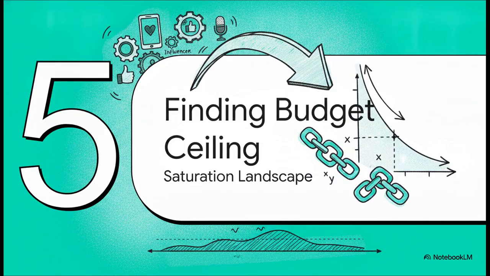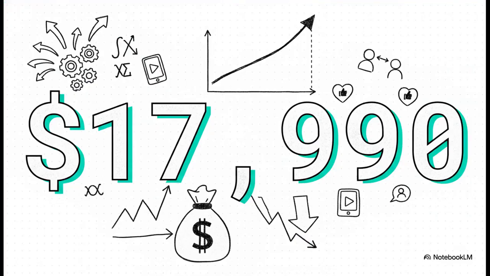Which brings us to finding the budget ceiling. This micro-influencer strategy is working perfectly for ABC Limited, but the data science team knows that infinite growth is a total myth. Eventually, the law of diminishing returns always kicks in. So they use the chain rule once again to find their exact breaking point. Through their continuous calculations, they uncover this highly specific number, $17,990. This isn't a guess. This is the exact mathematical ceiling where the strategy reaches saturation and literally stops being profitable.